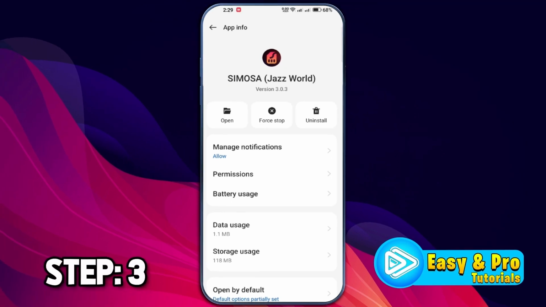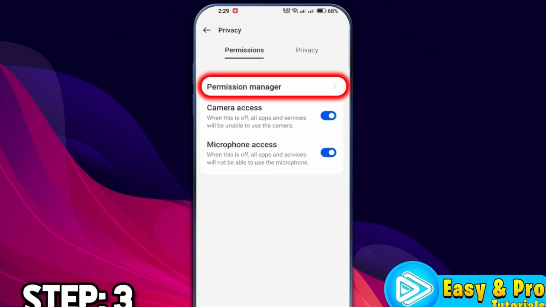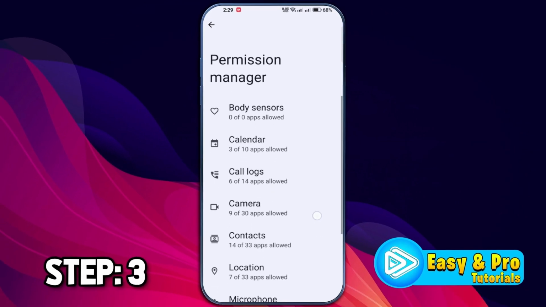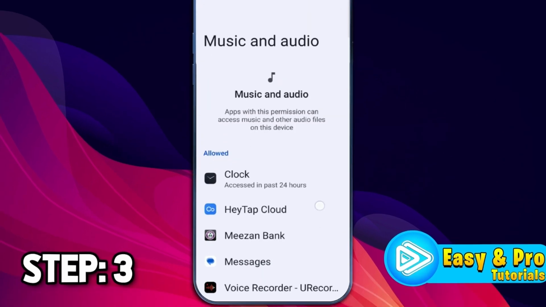For the third step, you have to check app permissions. To do so, click back and simply open Privacy from phone settings. Here you will get this Permission manager. Open it and here you can see body sensors, calendar, call logs, camera. If I open this, music and audio, you can find all the apps that we have allowed to